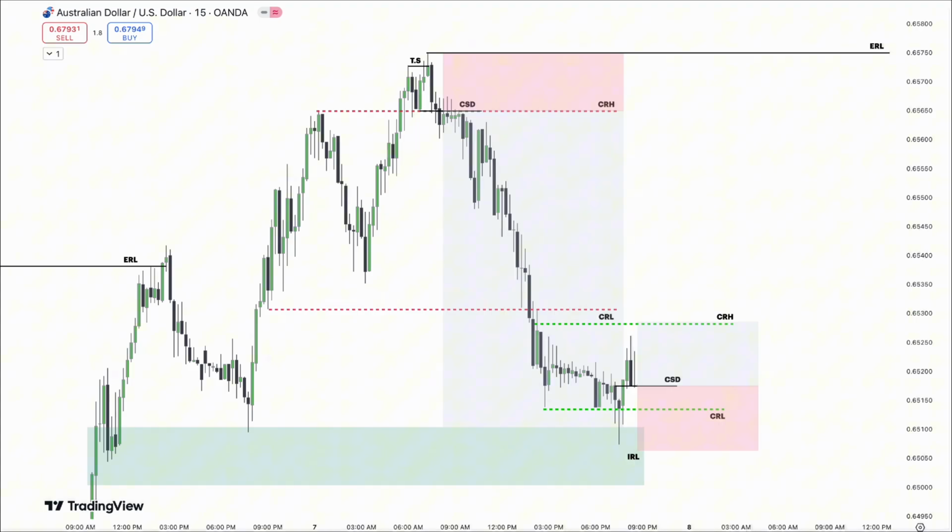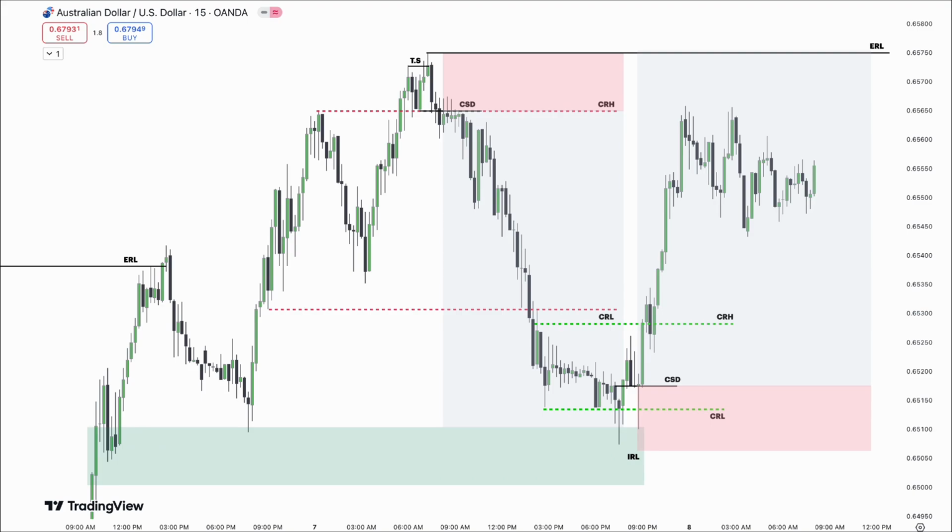Let's see how it plays out. And we've hit our first target. Now, we'll extend our target to the next opposing liquidity, which is the next ERL. Let's see what happens next. You can see that after the price made an upward move, there was some accumulation, and finally, the price hit